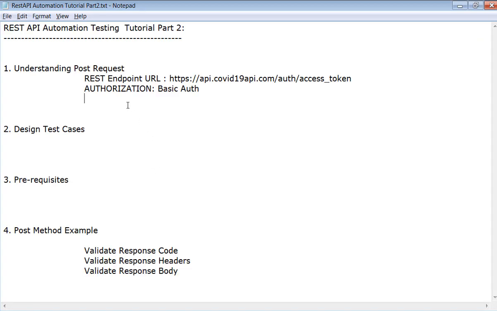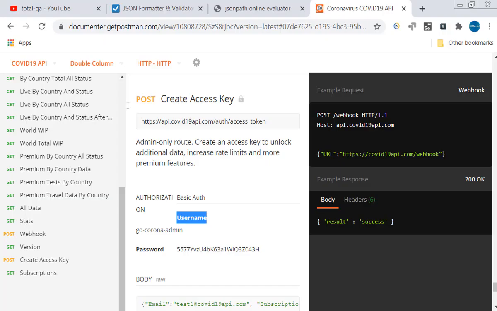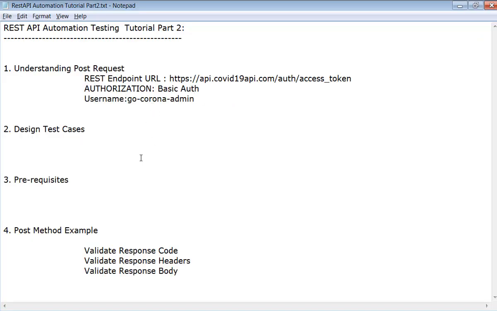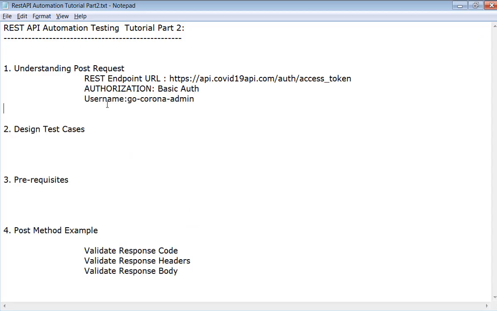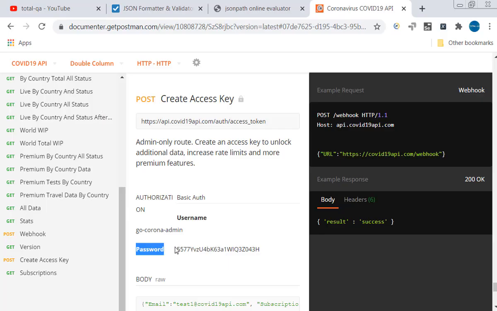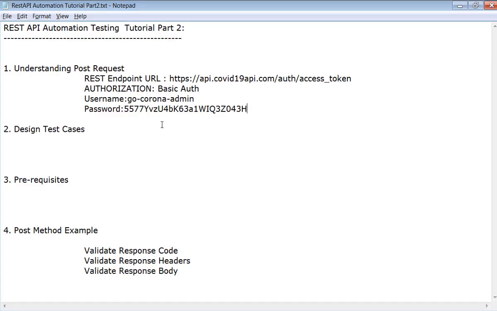I will take it up here. Then the password is also provided here. So we are able to identify the REST endpoint URL for POST, and the authorization, which is basic authorization where we need to pass a username and password.